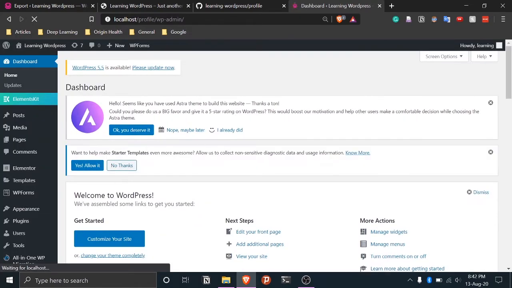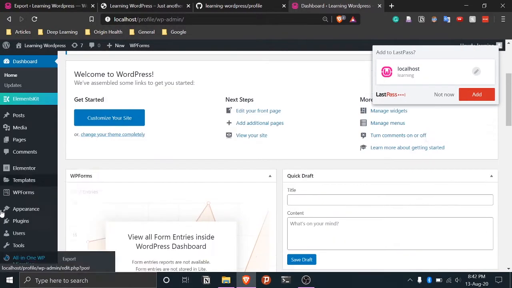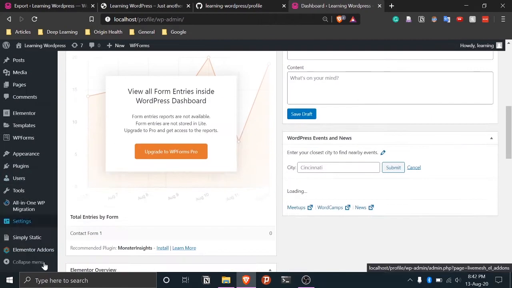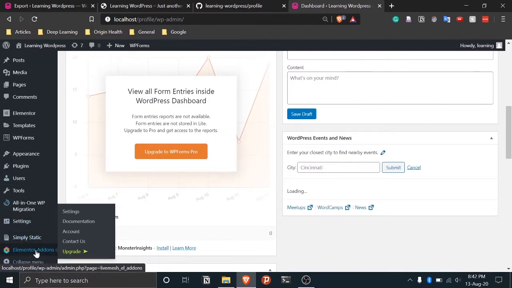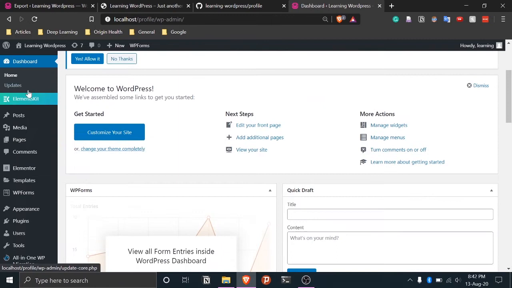Yeah, so now we are in the dashboard, and if you see, we have everything as it is. We have all these Simply Static, Elementor add-ons, all of these Elements Kit, all these plugins have already been imported. So now what we'll do is we'll go to the website and modify it the way we want.